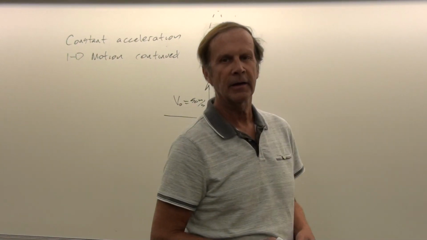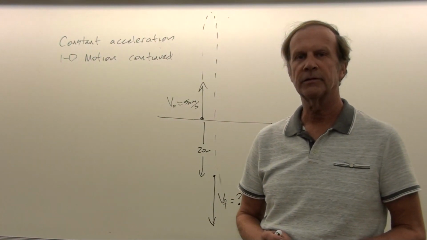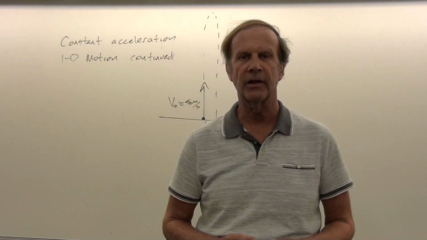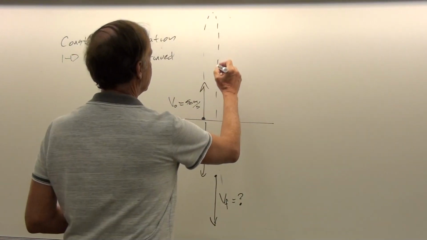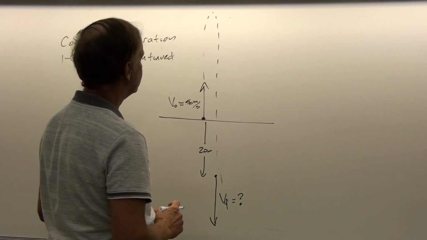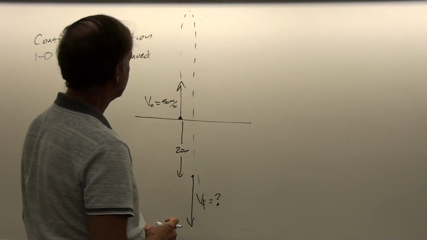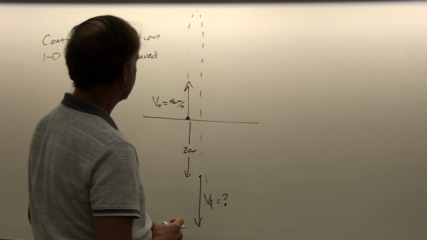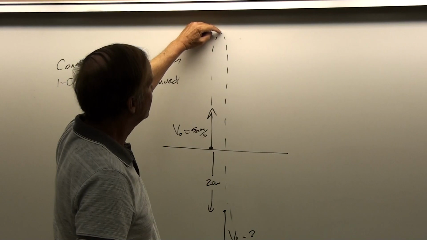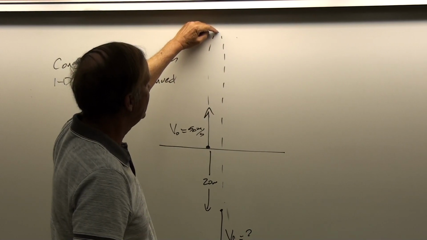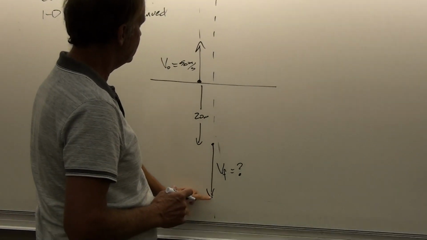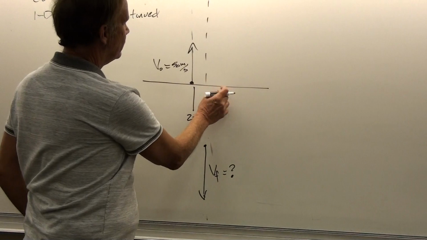All right, I'd like to look at a couple more of these constant acceleration problems in which we've got the acceleration being the acceleration due to gravity. In this next example, let's start out again with an initial velocity in the vertical direction of 50 meters per second. Then let's allow the mass to go to a maximum height, and then to come back down again, and then to continue to drop below the height from which it was released.